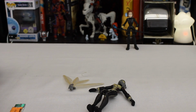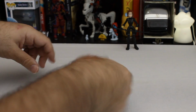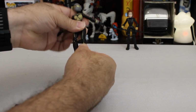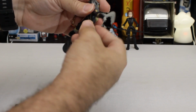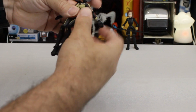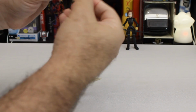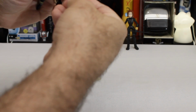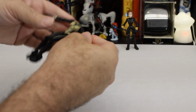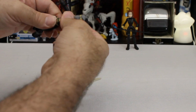Alright, so Wasp has removable wings. So that's nice, gives you a little bit more flexibility in your play. Otherwise, she doesn't come with any accessories. We got some ankle pivot, I guess, so when you are pretending she's flying. Very loose waist. But the knees are tighter than a Black Widow. Elbows. Rotation. Do we have a little? Yep, looks like we have a little flex in the wrist, maybe. Not much. It looks like there's a joint there that should flex as well as pivot. And no bending at the waist area,